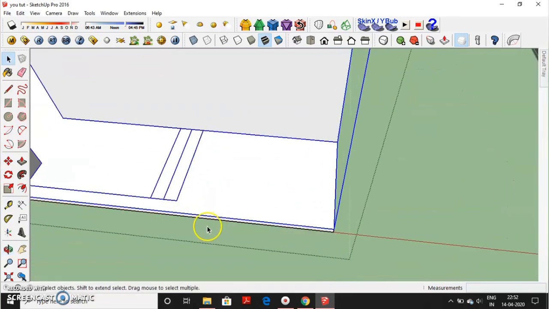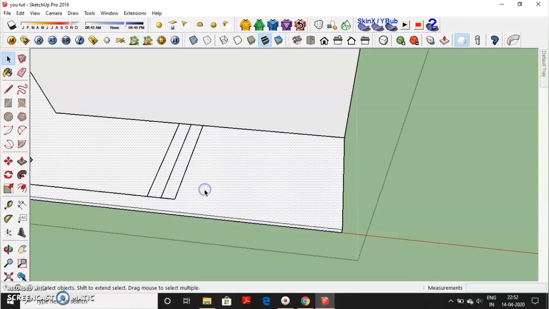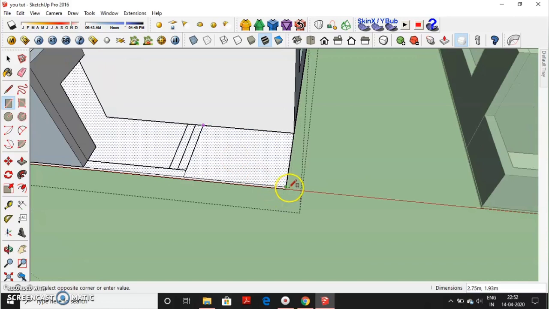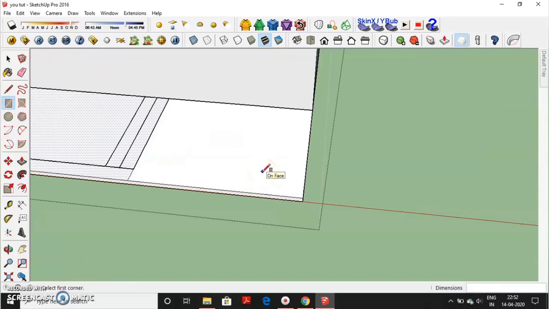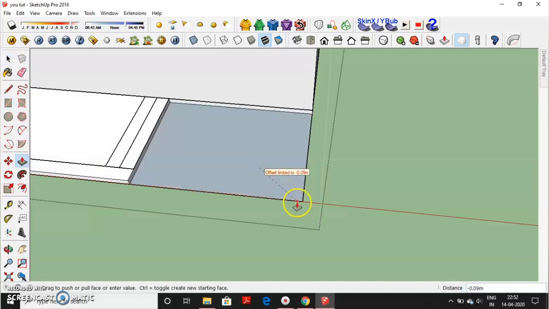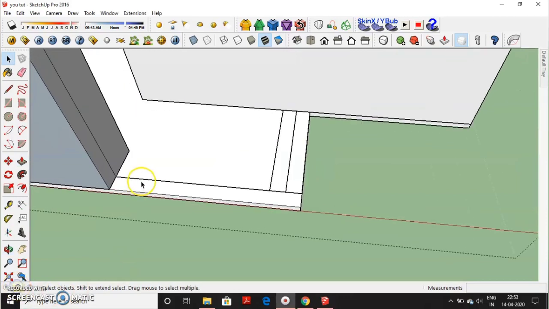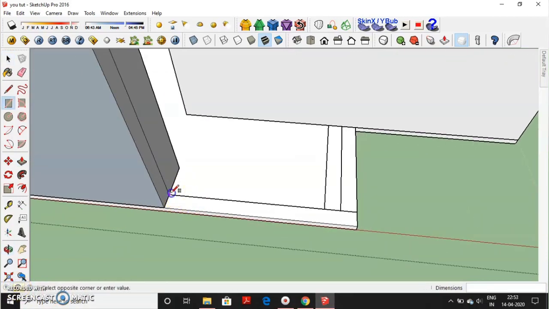Same way I will do it here. This much part is extra. I will select it, P. Select the thickness to below. Let's go. Now for this extra part,